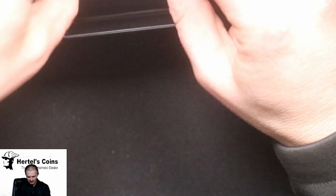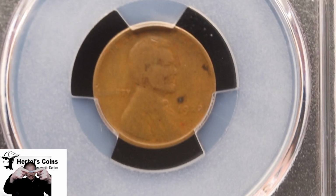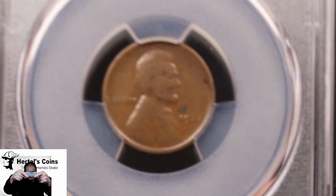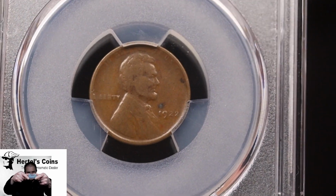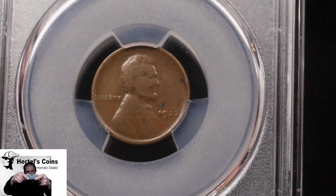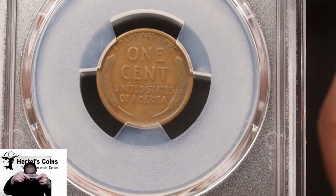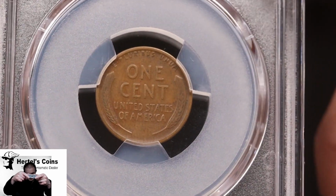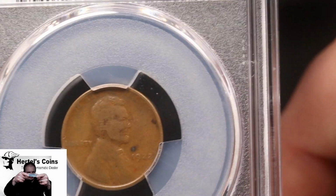Next up, another key date Indian wheat cent. Here we got a 1922, and as you can see, the D is missing on this one. So this is a 1922 no D, and there are 2 different varieties: a weak reverse and a strong reverse. This one has, as you can see, the wheat stalks full, and this one is the strong reverse. And that's one good way of telling